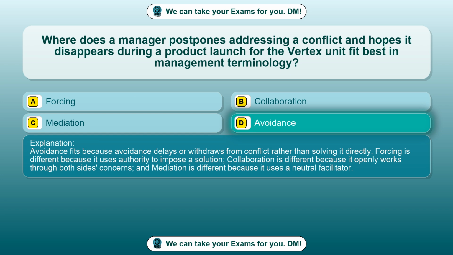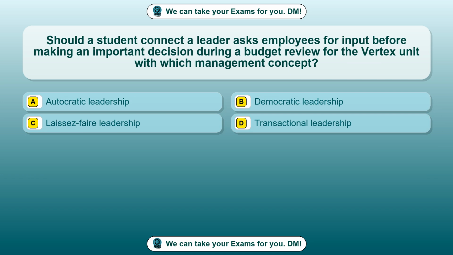Forcing is different because it uses authority to impose a solution. Collaboration is different because it openly works through both sides' concerns, and mediation is different because it uses a neutral facilitator. Question 41. A leader asks employees for input before making an important decision during a budget review for the Vertex unit with